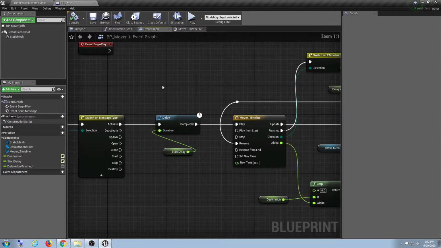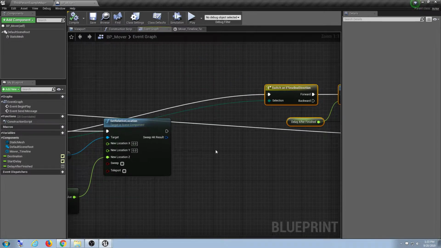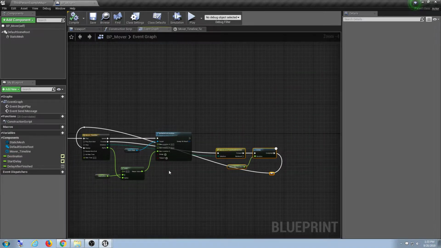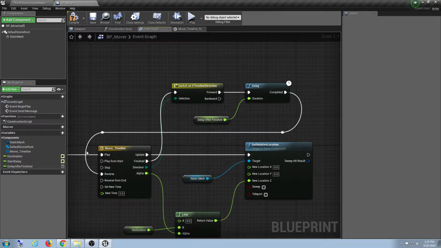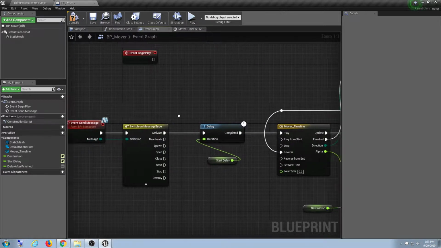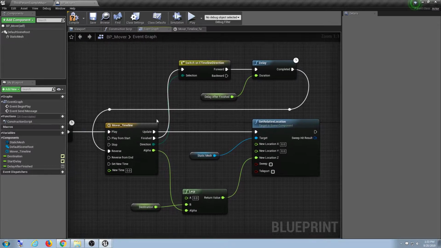The reroute node you put up there, is that just for aesthetics? The reroute node? I mean, it does help with aesthetics. It's mainly just so it's easier to read, right? Because sometimes people will do stuff like that and be like, I have no idea what's going on. So you just put it there so you can clean up. Yeah, so I can easily see, hey, it starts over here, does this. When it goes to finish, I'm going to do that, and you can literally see it goes around, goes back. For the most part,